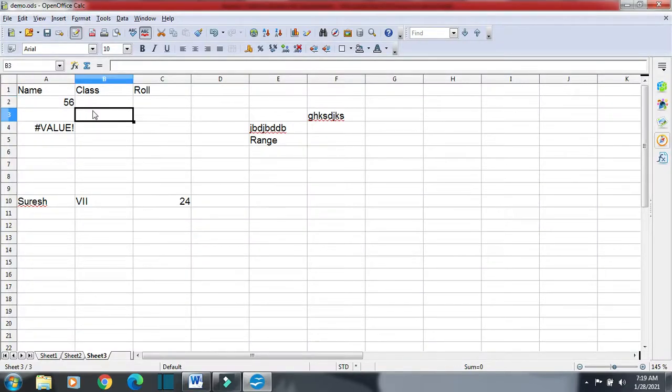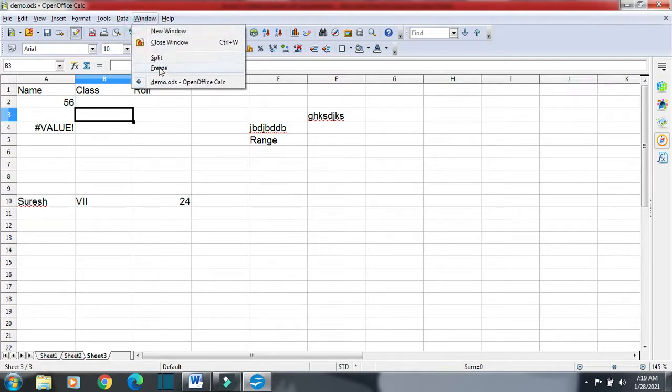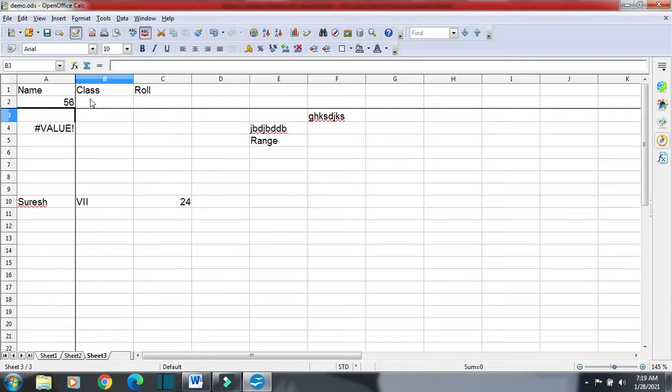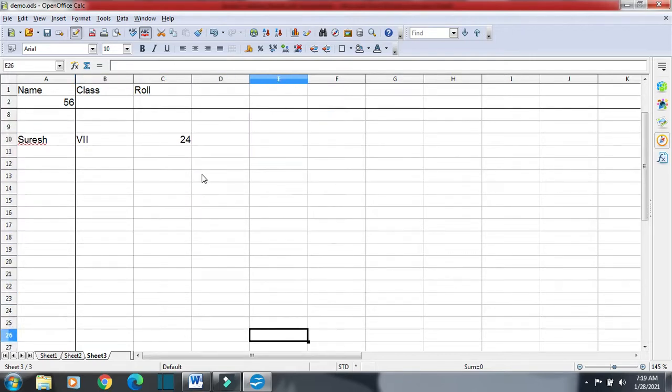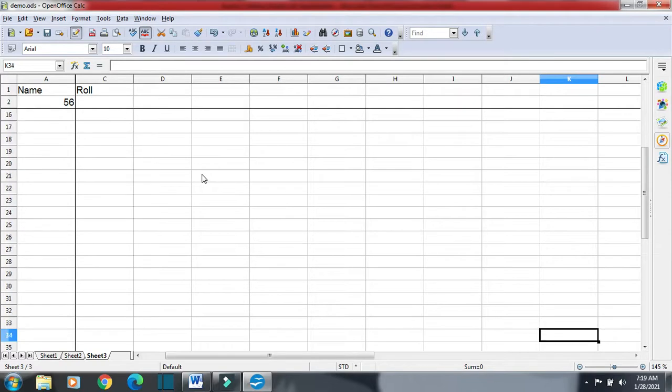Clicking here means I want to freeze these two rows and I want to freeze this column. Click on window and then click on freeze. You can see these two rows have been frozen and this column has also been frozen. So wherever you go, these two will remain.